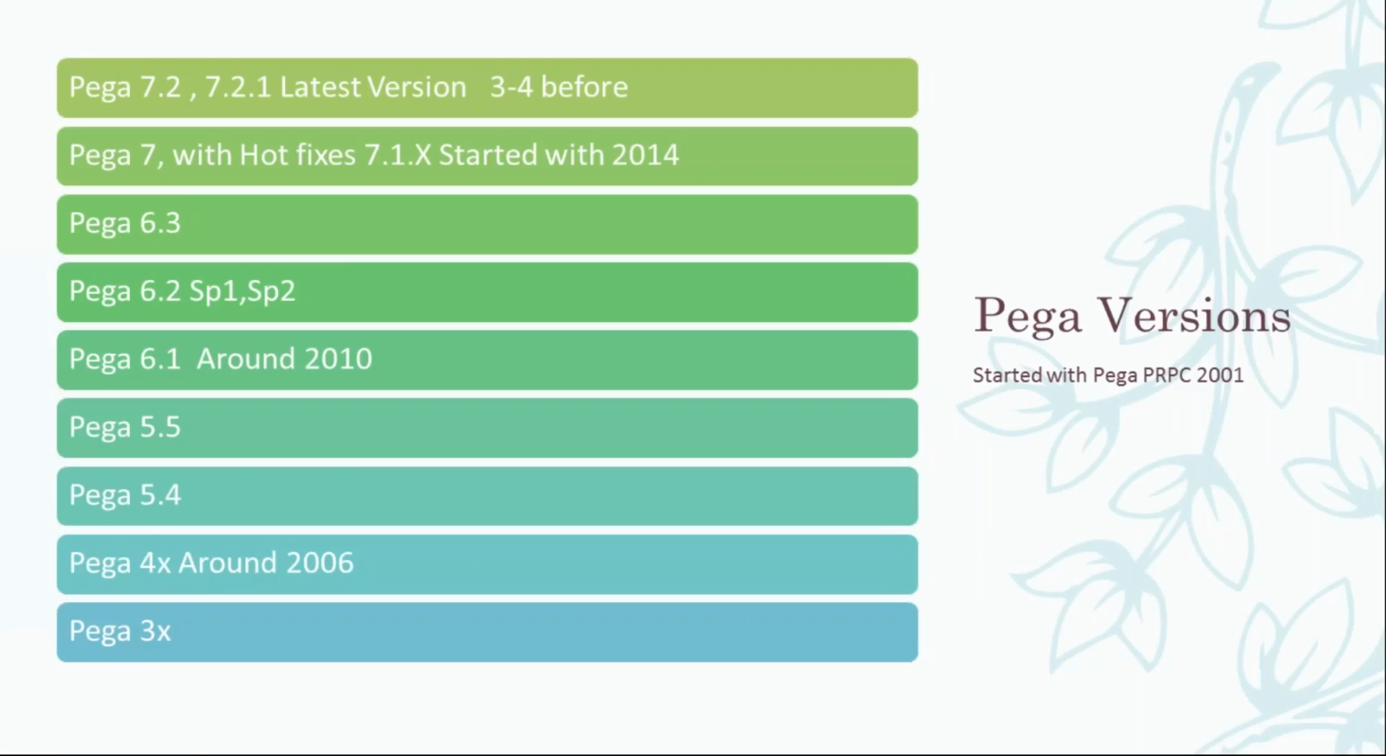Yeah, so we can see how Pega evolves in different versions. Pega 4X came around 2006. After that they released 5.2, 5.3, and that goes for around 4 years. Pega 6 started in 2010 and that goes for around 4 years. Many market players moved to Pega 6 after 5 to 6, and Pega 7